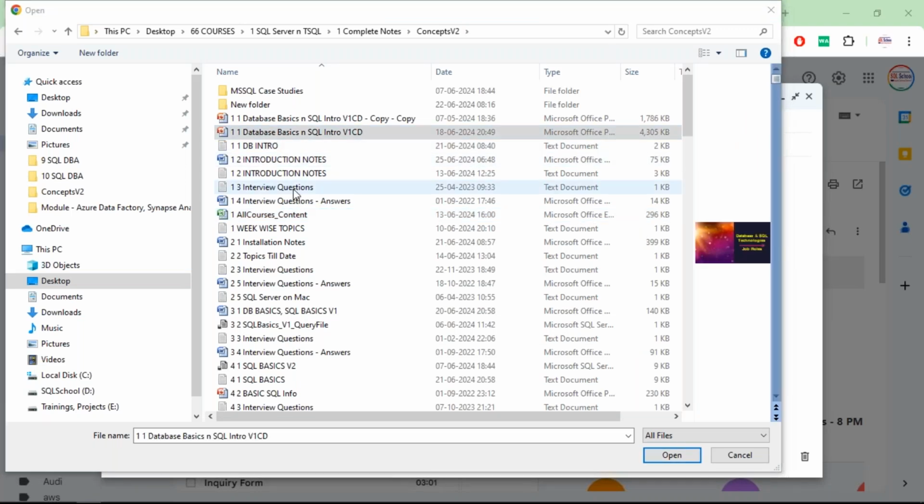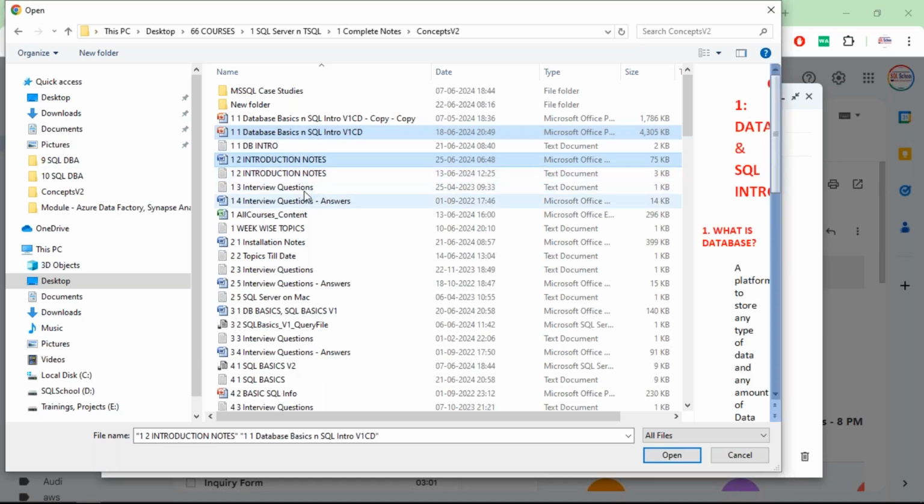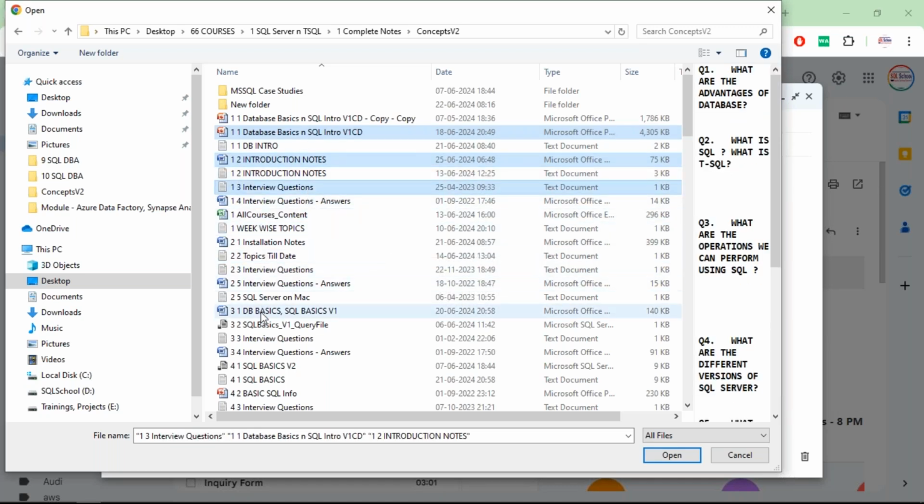One more important thing I forgot to mention, please don't mind. You'll be receiving the documents in advance tomorrow. Take a print copy of the documents and get them ready before the class. We are going for traditional learning. I'll provide you the notes in advance. Take a print copy, all notes in a single shot. Go to a printer shop or walk into your nearest printer and get everything printed.